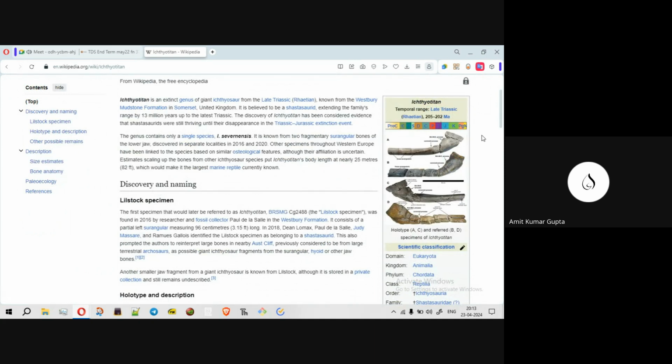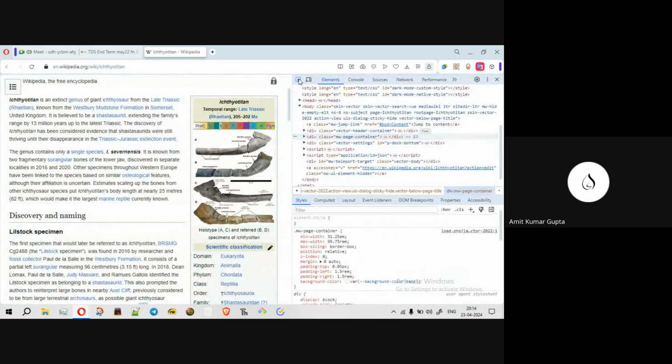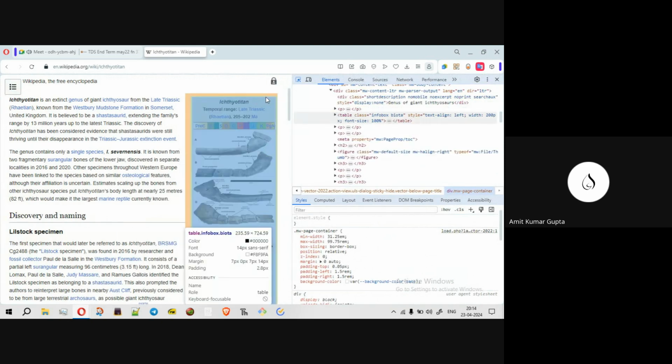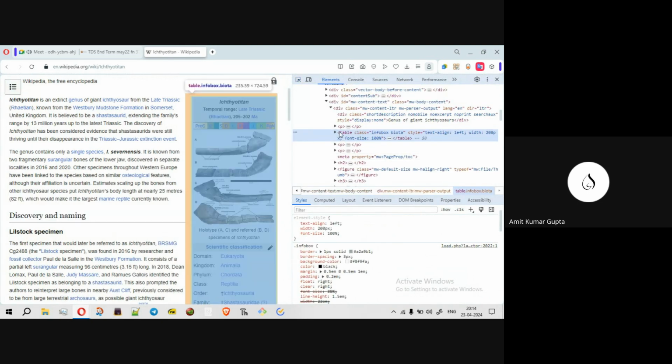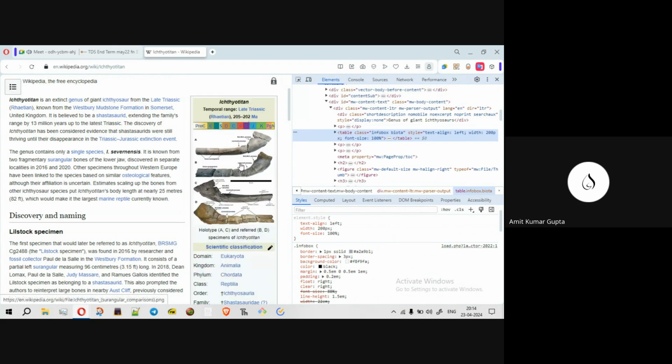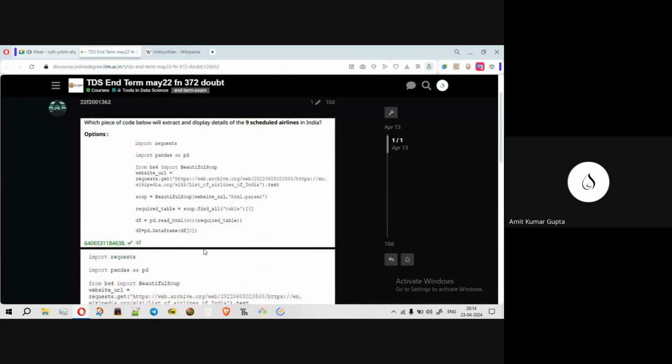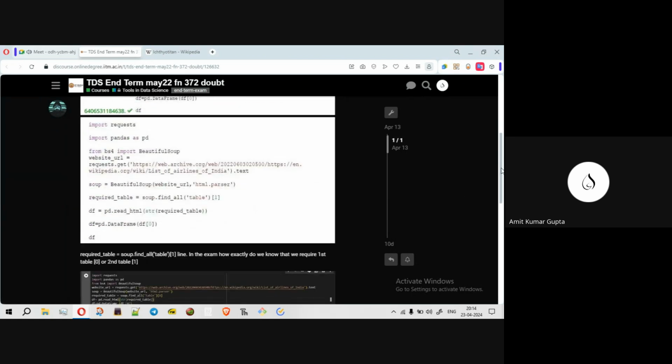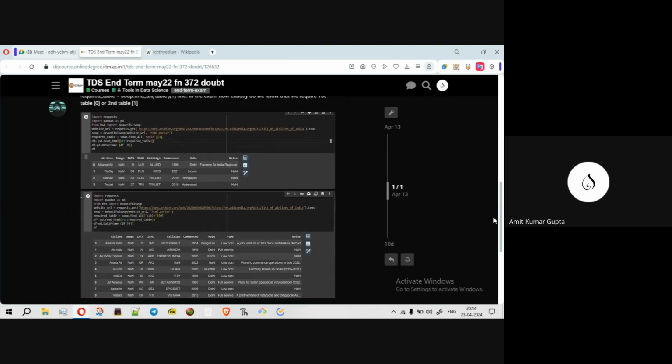Let me check. Most of the time, this table is known as table number zero. See, I just opened it, and this is the first table. So I don't know why it is shown as correct, because we are talking about the details of nine scheduled airlines, and here this guy opened it. So yeah,